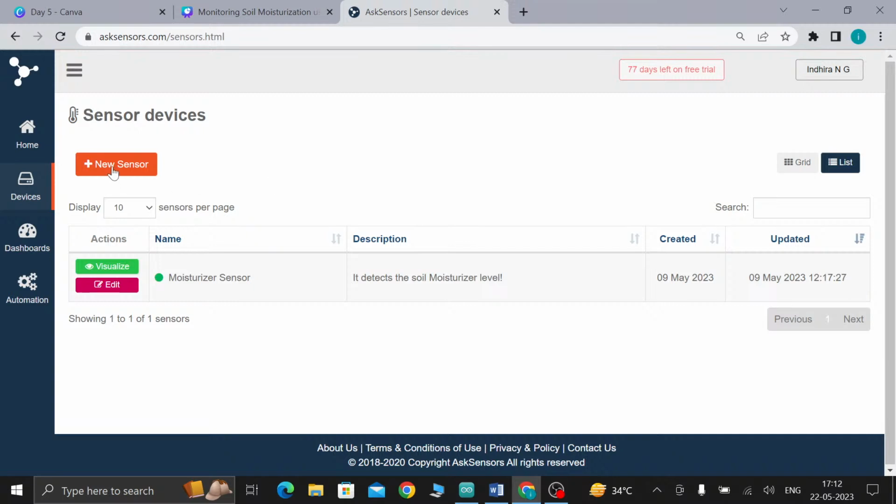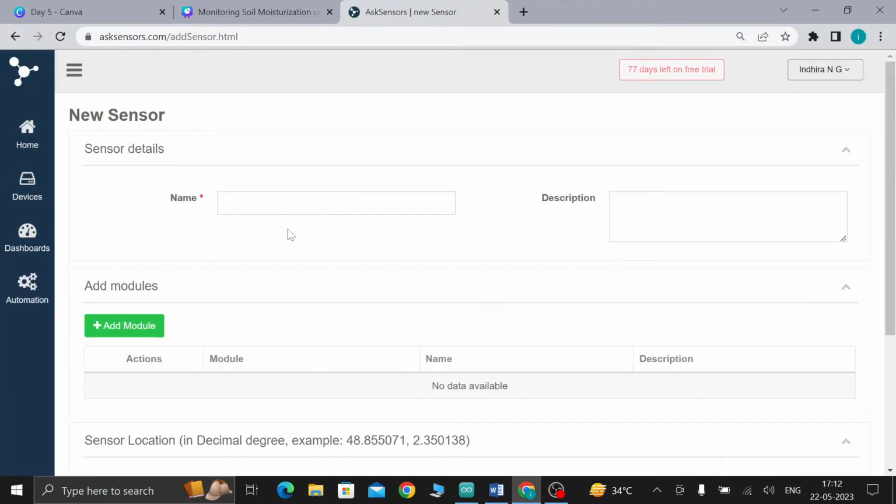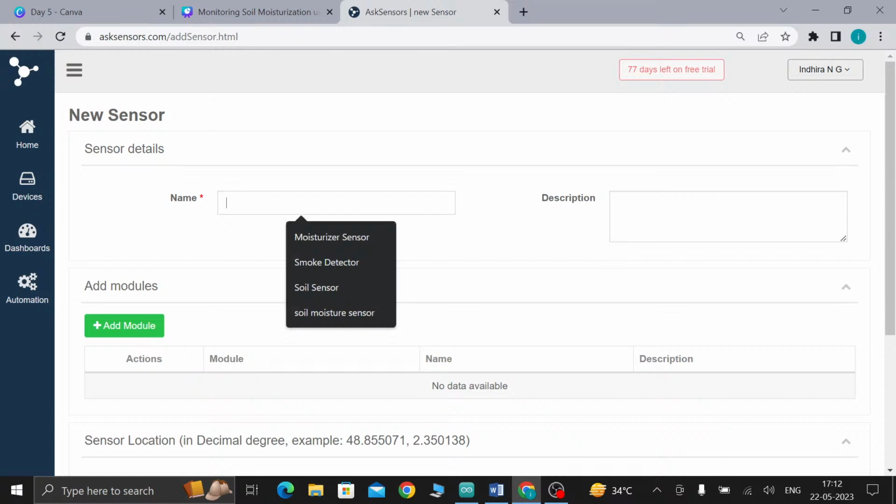Here, new sensor. I have already introduced one module before, so this is that one. Now we have to do a new one. For that, click new sensor. So here you have to give the name. I am going to give the name soil moisture sensor.